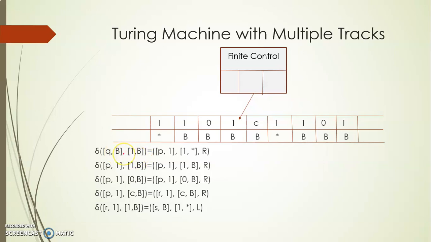Now, what is the structure of a transition function? State, followed by the input symbol. Here the input symbol is not a single track. I'm going to consider multiple tracks. How many tracks? 2 tracks. In the first track, I'm storing the input symbol. The second track is initialized with blank by default, right? So 1 comma b. Whatever symbol I scan here on the left-hand side, starting from the left, because the Turing machine always starts with the first symbol present in your input string, that has to be remembered.